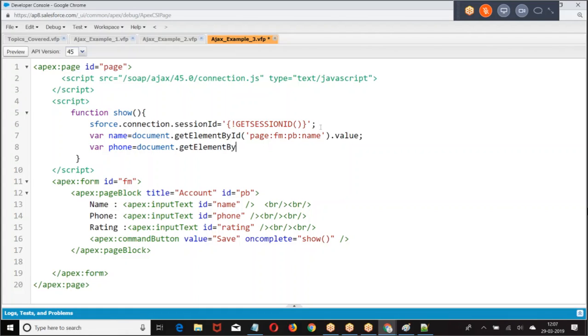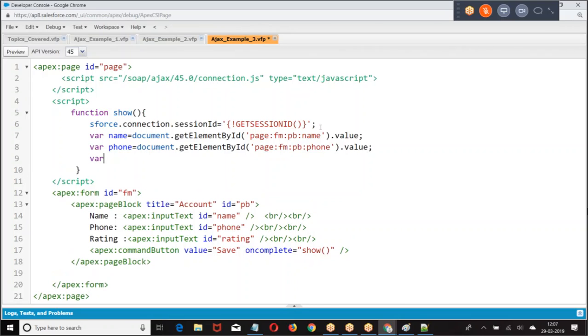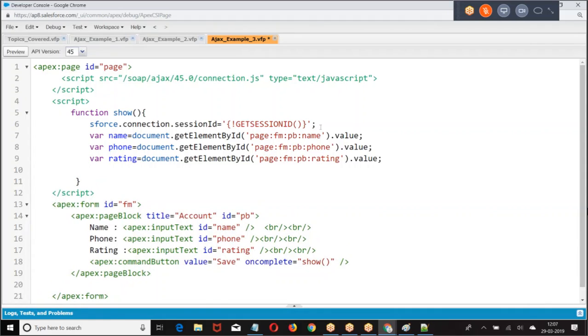Document dot getElement, page block, page block. We are reading the value: name, phone, rating. Then I want to create a record where